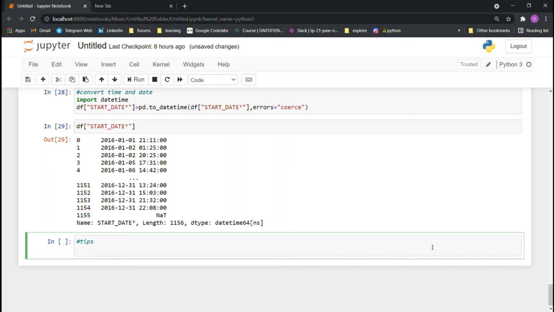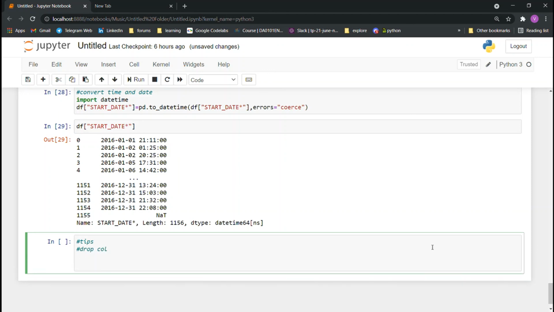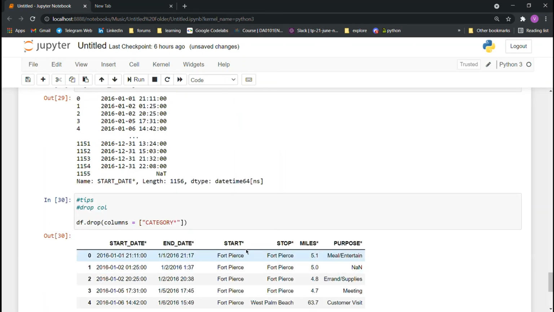We will give a simple tip here to drop the unwanted columns. Just use df.drop and pass the column name. Columns equals, you can drop multiple columns here. We will drop a single column.